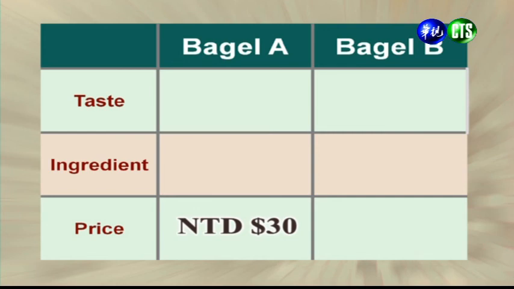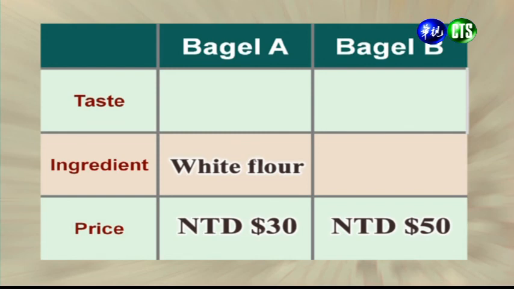And one thing we found out is that bagel A costs $30 each. 好，那首先我们会发现呢，Bagel A 它的价格呢是每一个30块钱。And bagel B costs $50 each. 哦，那至于 Bagel B 呢，它的价格是50块钱一个。We also found out that bagel A is a plain bagel, and this means that it's made of wheat flour or white flour. 好，我们会发现呢，A 牌的这个 bagel 它是属于原味的 bagel，那这代表呢它是使用白面粉做的。And bagel B, though, is made out of whole wheat flour. 好，那至于 B 牌的这个 bagel 呢，它则是使用全麦面粉所做的。